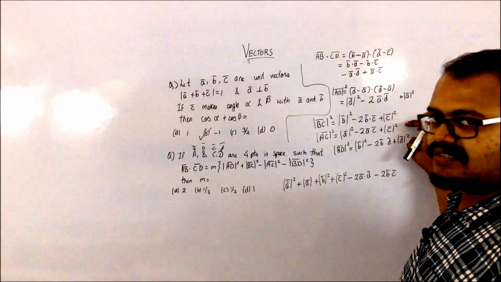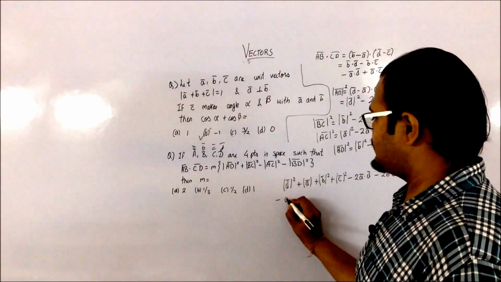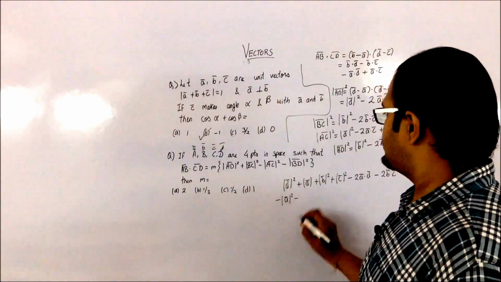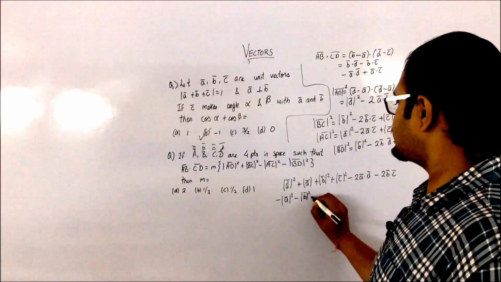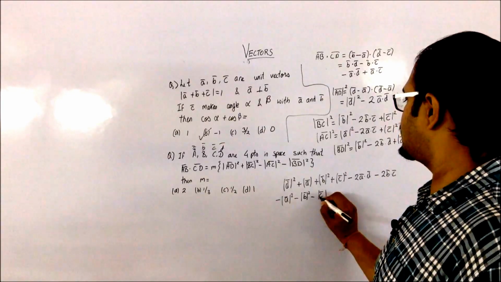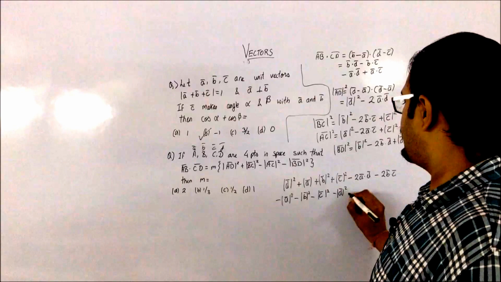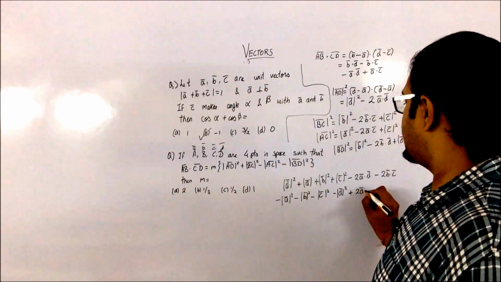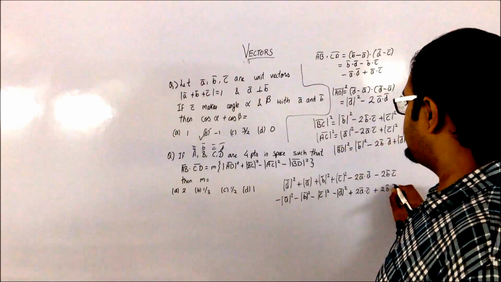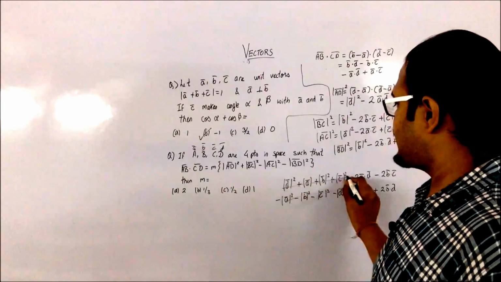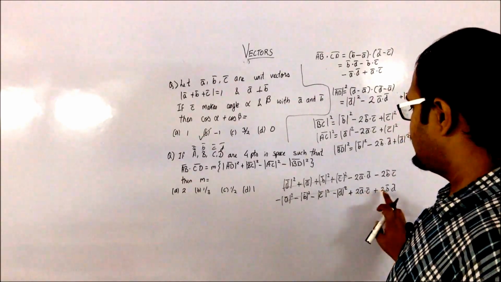If I add these two terms and subtract with this, I will be getting minus A bar square minus B bar square minus C bar square and minus D bar square plus 2 A bar C bar plus 2 B bar D bar. So these terms get cancelled out and I am remaining with a 2 AC bar, 2 BD bar,